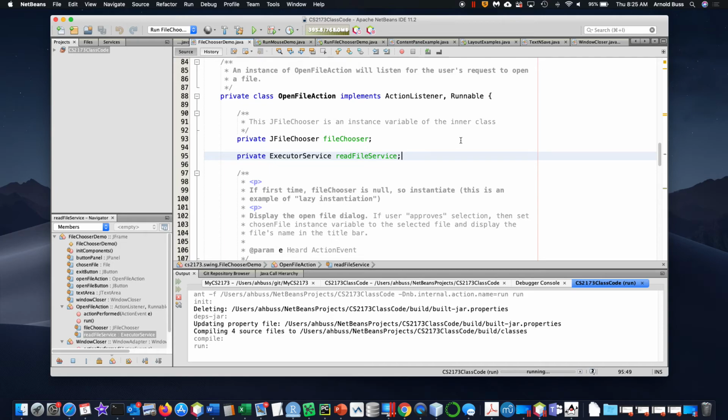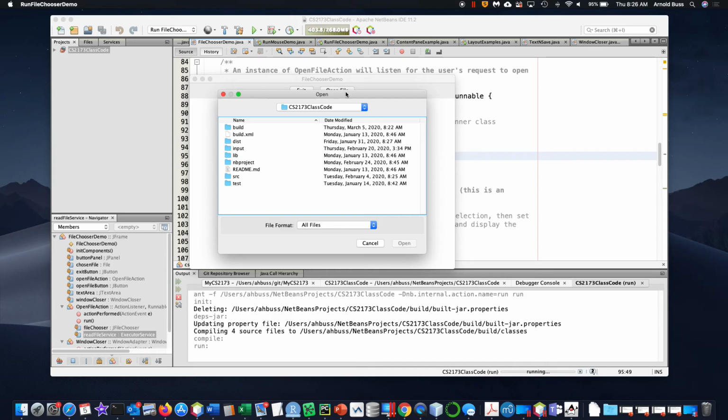When you are doing something which could take a long time, such as reading in a big file, you want to put that in a separate thread. That's why we talked about threads before we even got into this, because that's an issue. If I select this huge file, it's going to take forever to read in. It's going to lock up my application if I have to wait for that. That may be something that you want. In the case of choosing the file, when I go to choose the file,